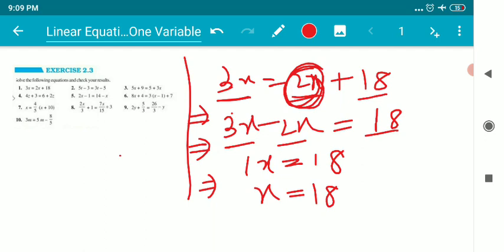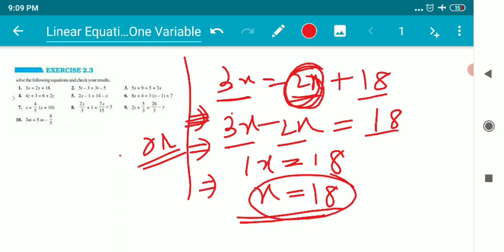Children, we should always keep in mind that we cannot use the equal to sign while we are starting the equations. We have to use either the implies sign, or we will write just or. So this is how we have to bring the answer for such variables. The value of x is 18. And now, children, I want to check my answer, whether it is right or wrong. So how will I check my answer? I'll simply apply the value of the variable which I got in the left hand side and in the right hand side, and I will check whether I am getting left hand side and right hand side equal or not. So how will I check, children?